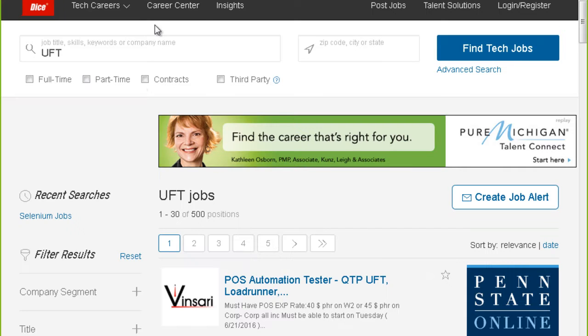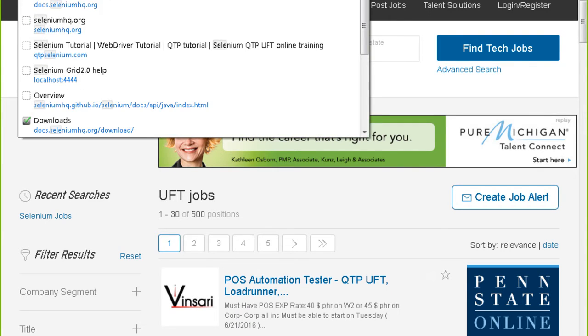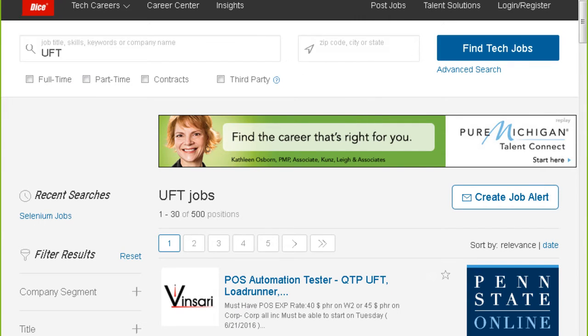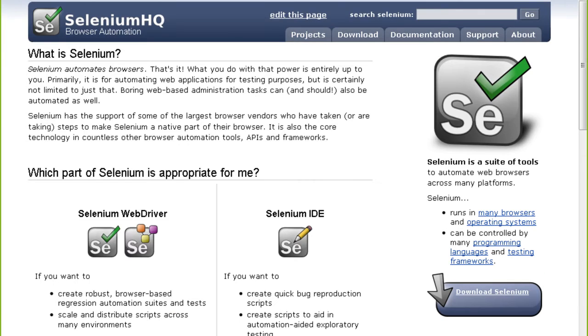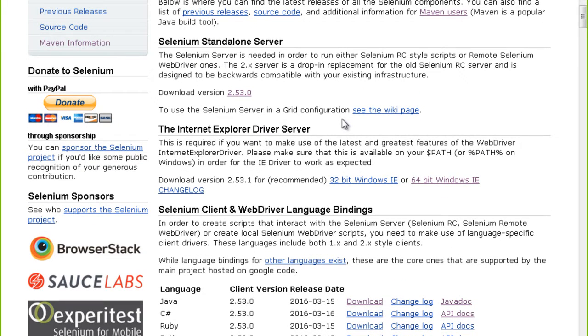Okay, fine. Now, how do I learn this tool? This is the first question. To learn this tool, you need to learn Java language. There is no running away from Java. If you go to the official website of Selenium, which is seleniumhq.org, if you visit their website, the first thing which it tells you is that Selenium automates browsers. If you go to the download section,